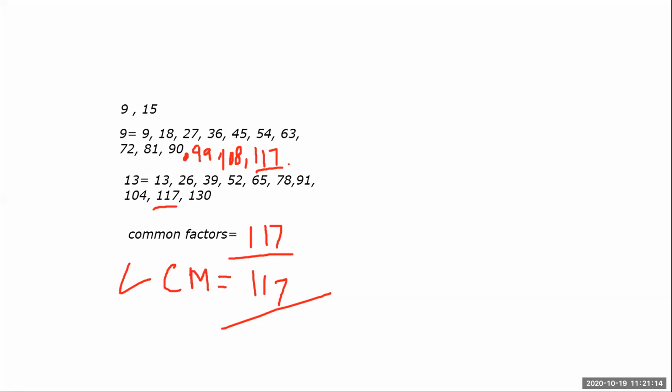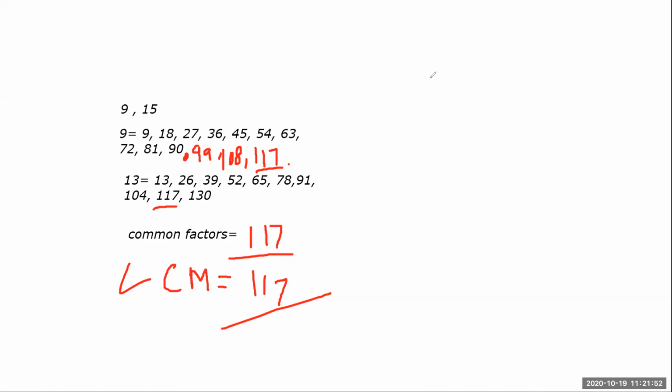Yes, understood it properly. Ishita is asking, teacher, when no common factors, then only we have to multiply. Yes, when no common factor is there in between the numbers, then only we have to multiply the number. Otherwise no need to do multiplication. We first find the common factors, and after writing common factors, we just see which is the lowest common multiple. So if we got the lowest common multiple, then no need to multiply again, right?